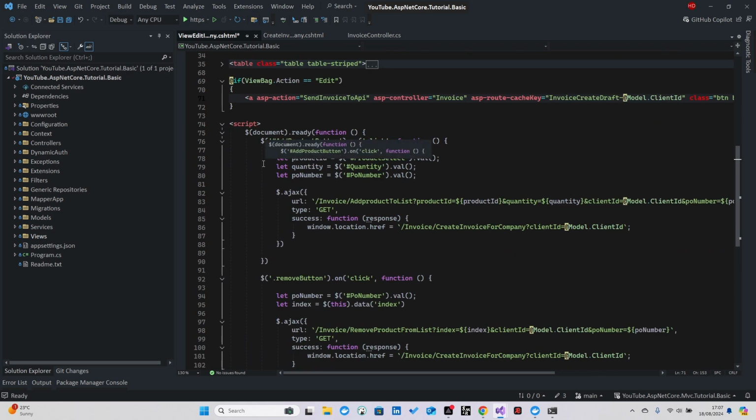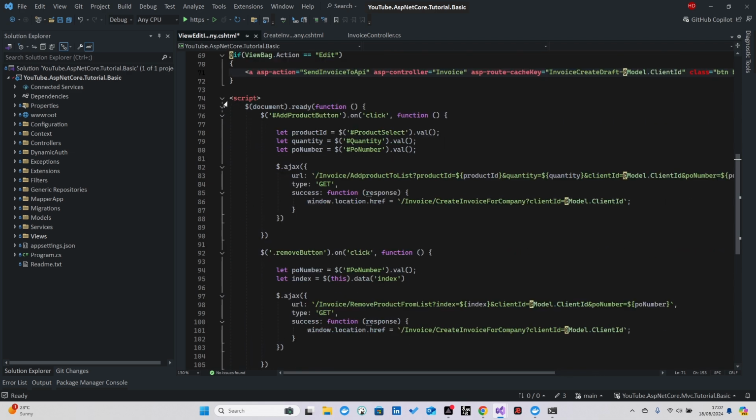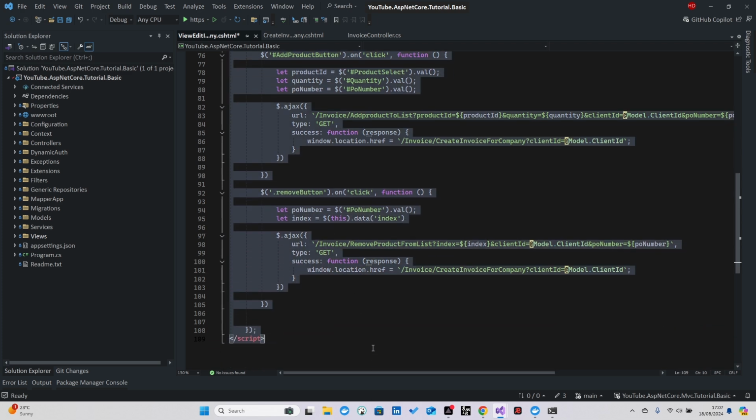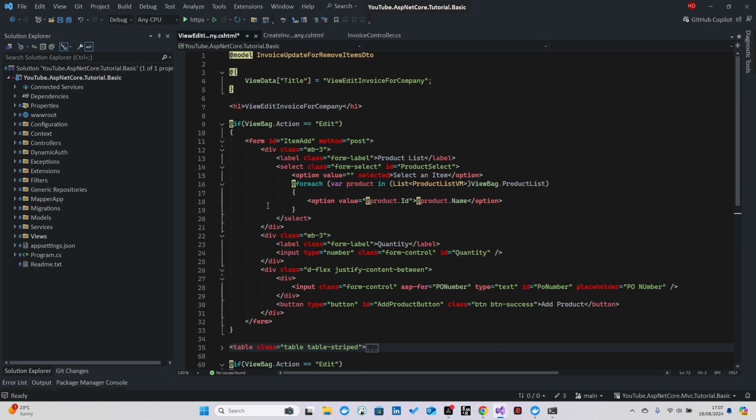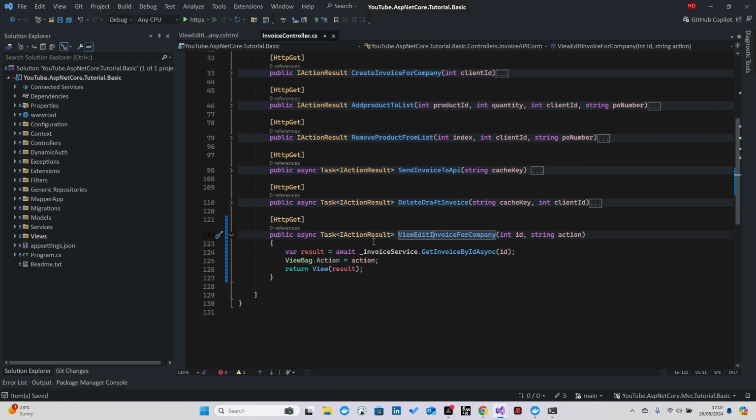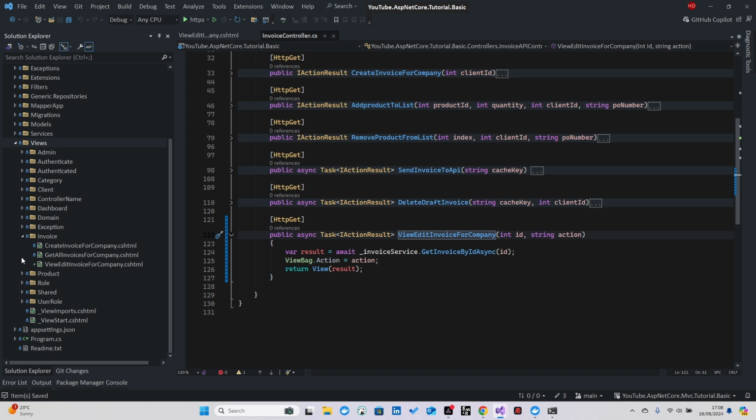Alright, scripts. So for now I'm gonna delete all the scripts, all the AJAX requests. I'm not quite sure do we need or not. Just delete for, if we need those again we can copy from our create invoice section, but for now I'm just building our view section. Okay, the view is created. The invoice controller, let me see, has been created. It seems perfect, and only thing left for our view section, we need to define our button in our get